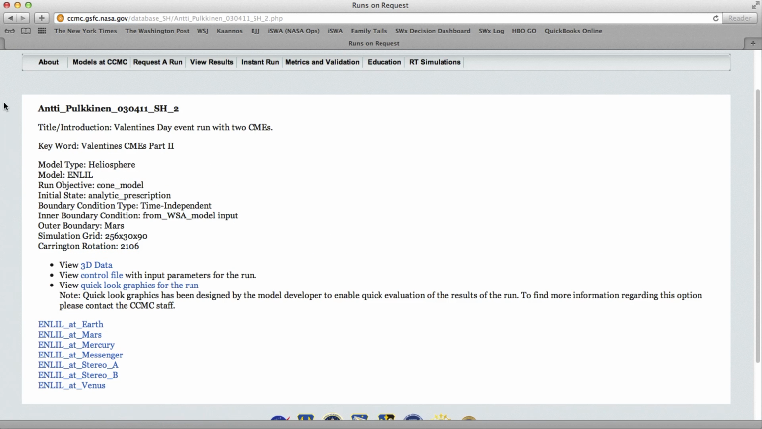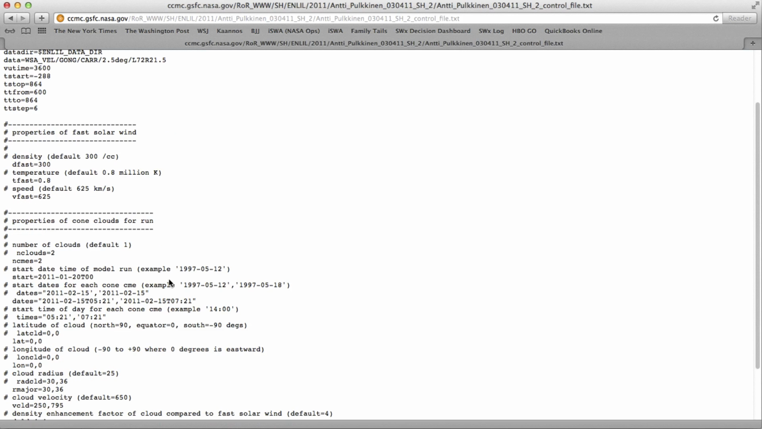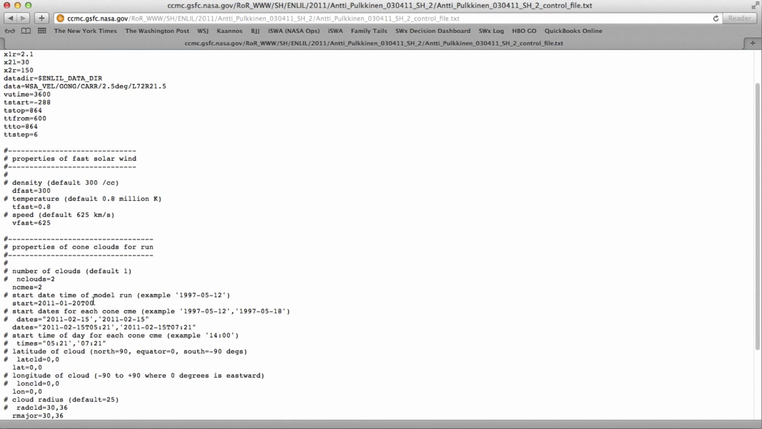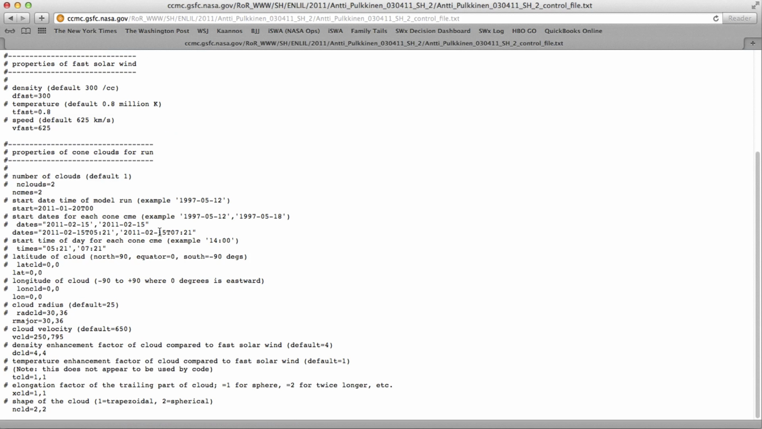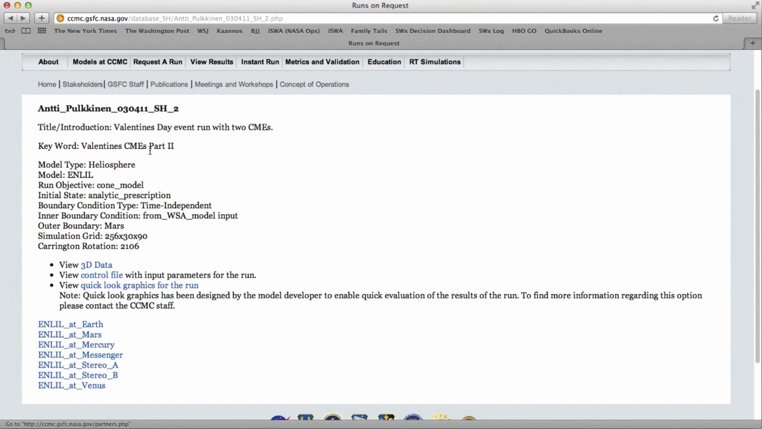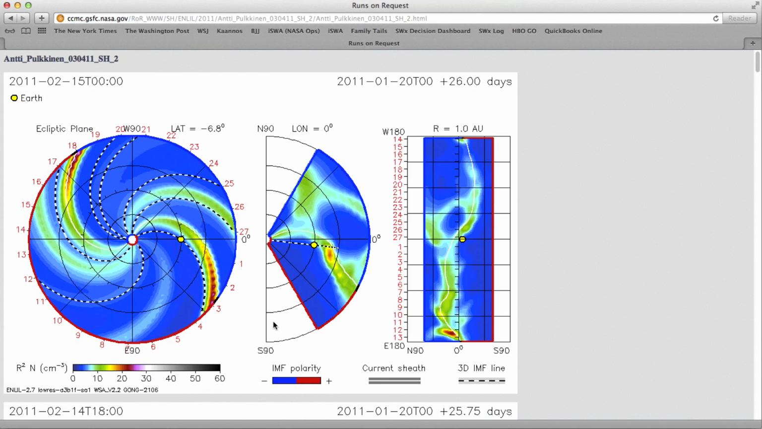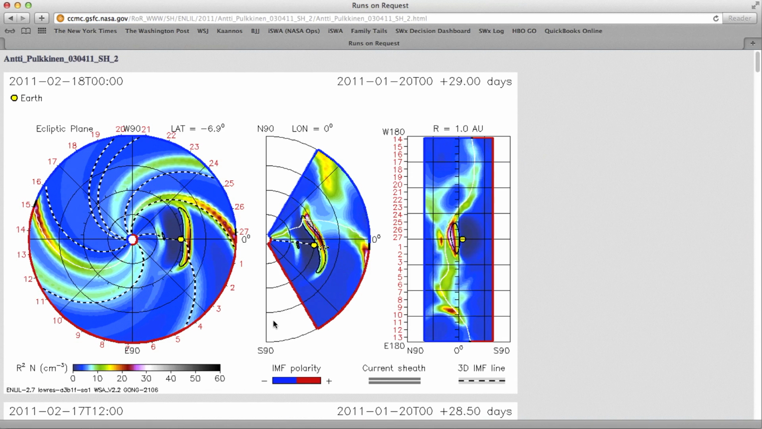The main page has some basic information about the simulation you have requested: what was the model type, what exact model you used, and, for example, a lot of inner boundary condition information here. In this case, we're looking at ENLIL and cone model simulations. So we have, for example, information about the control file that was used to run the simulation. Here we have more information about the boundary conditions and model settings. And then we also have quick look graphics for the run that you can check first to get some kind of overview